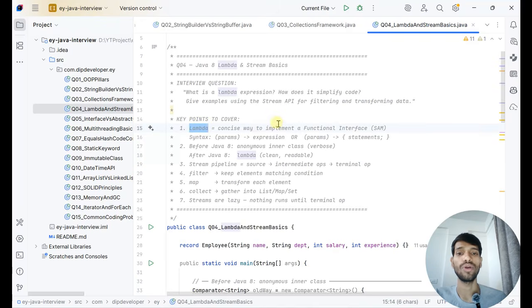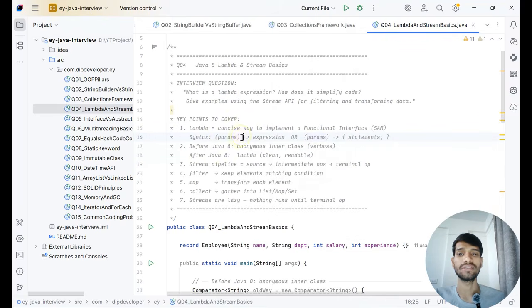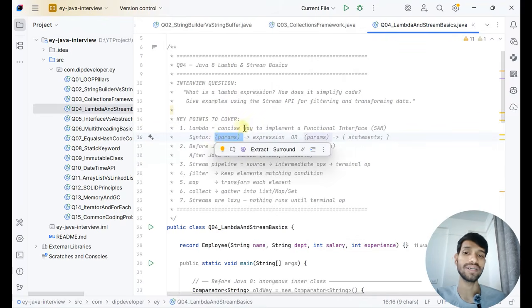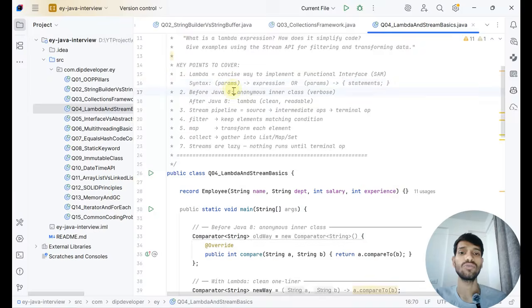It is mainly a way to implement the functional interface, and we have the syntax. We need to pass the parameters, then the arrow expression, and then with this expression you need to pass the statement. Within the curly braces you can put the statement or the logic. Before Java 8 we usually had inner classes, but after Java 8